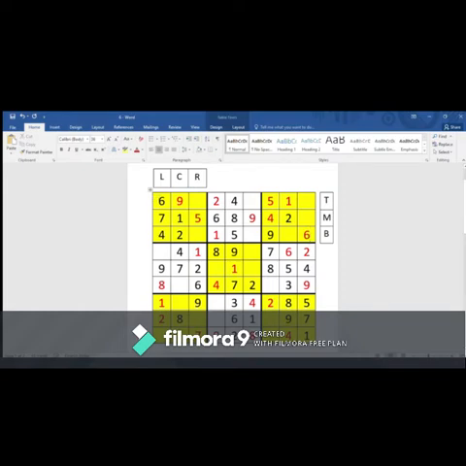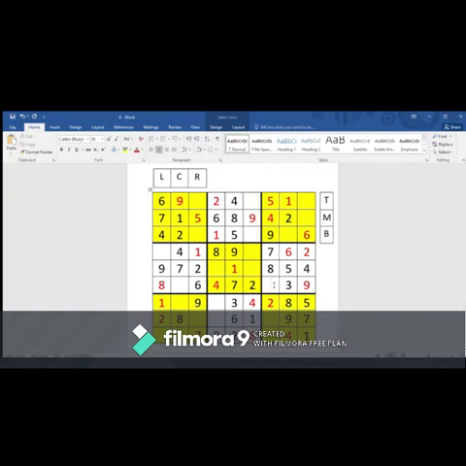As you can see, there is one 6 capturing over this whole row, and this 6 capturing over this row. The only place 6 is left with is this and this. And if you notice carefully, this 6 is capturing over this row. So the only place where 6 is left with is over there. And in this block, only one cell is left. That is the reason why we fill it.